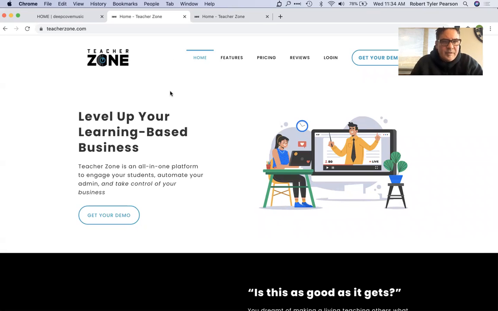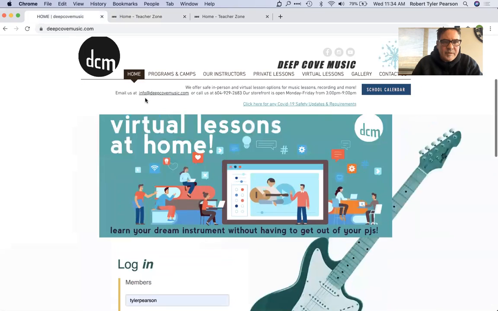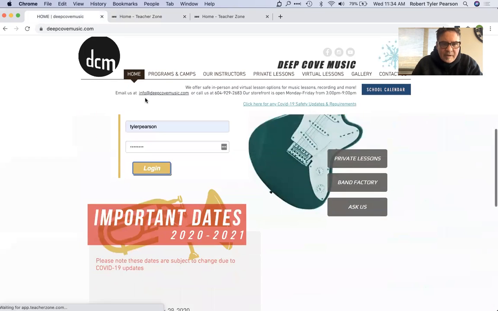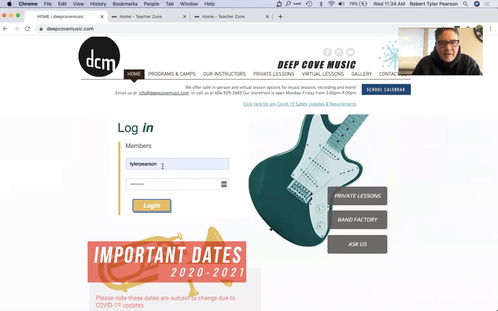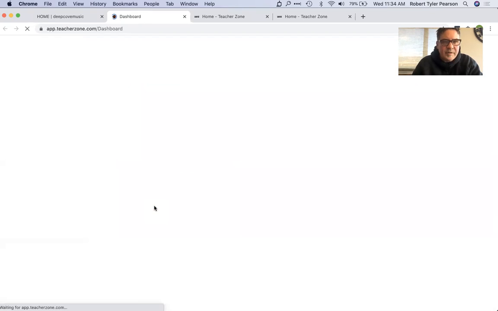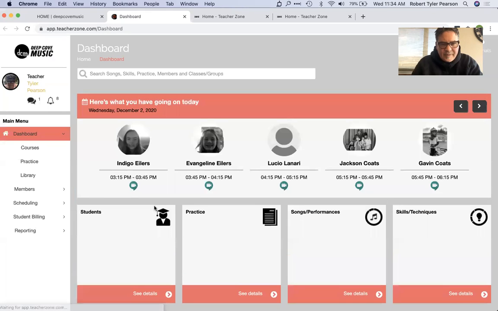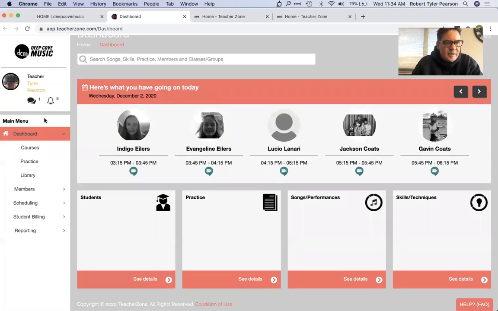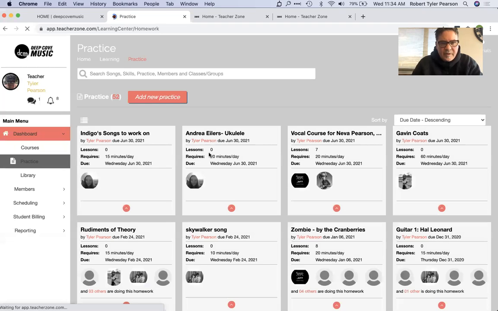Okay, when you go in, you can log in to teacherzone.com in the login, or you can always go to deepcodemusic.com. Scroll down, there's a login section, put your username and password in, and boom, we're into TeacherZone. Now on the left-hand side, you've got your dashboard, and underneath you've got the courses, practice, and library. We're going to go into the practices and create a new practice